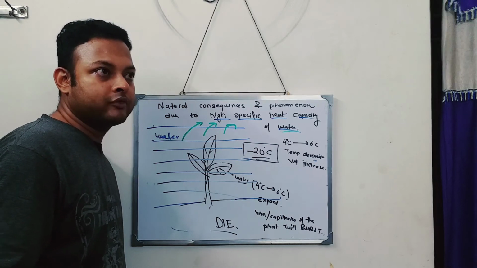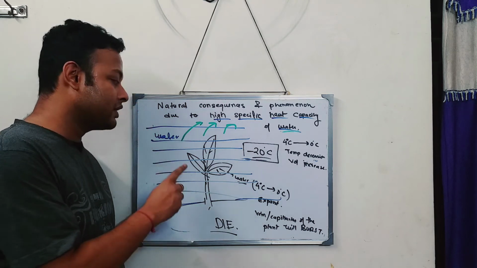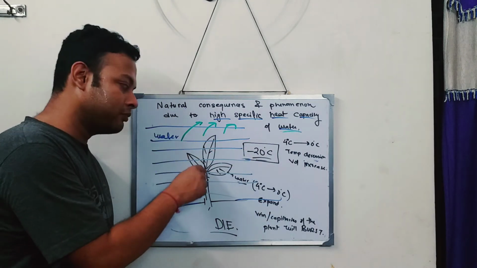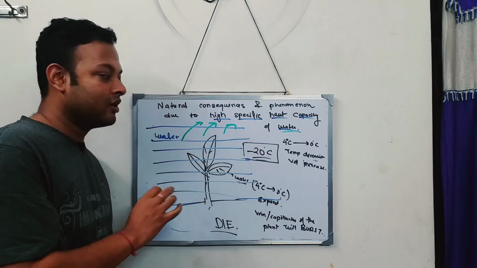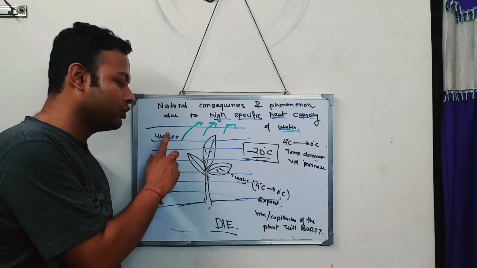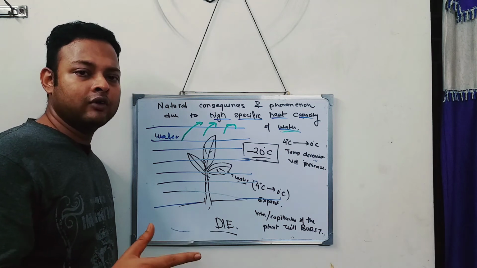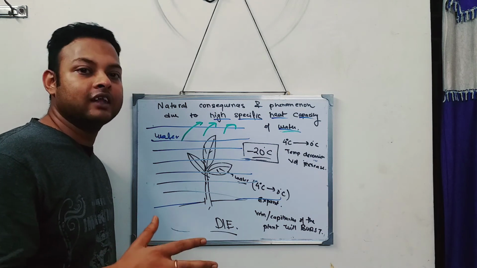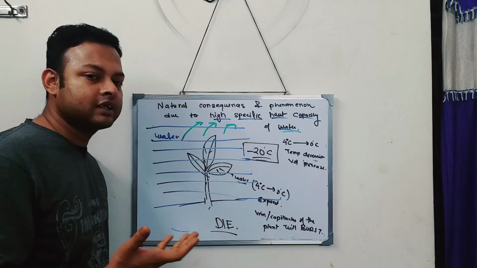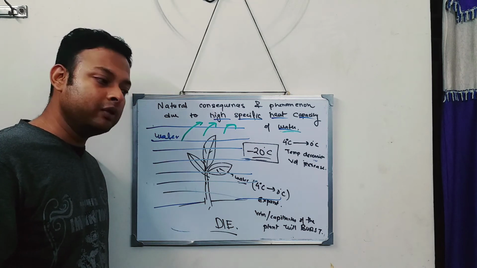So think, the atmosphere now will be extracting heat, but not from the plant; it will be extracting heat from the water, because the plant is now under the water. As the atmosphere temperature goes down, it will be extracting heat from the water, and water can give a large amount of heat. We have not liters, but gallons and gallons of water in that field. So it will release a lot of heat. As it releases a lot of heat, then what happens? The water will be frozen.